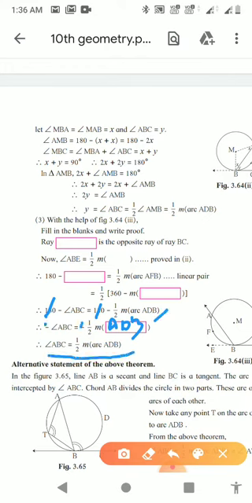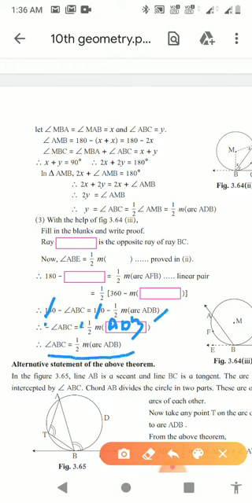Okay, now we will see theorem of internal division and external division of chords. Okay, so I'm discussing about this theorem right now. See, let us consider two chords, circle with center P is there, and two chords AB and CD are there. Okay, they will intersect in the interior portion of the circle, as shown in this diagram. Then the product of the length of two segments of one chord is equal to the product of the lengths of the two segments of the other chord.